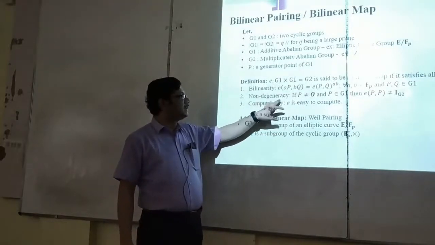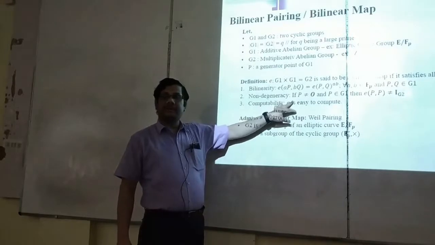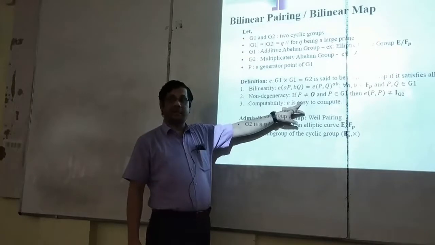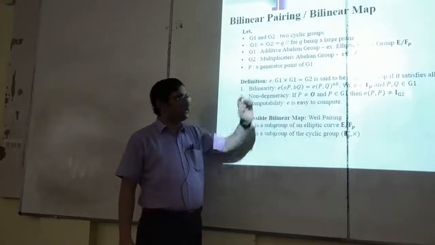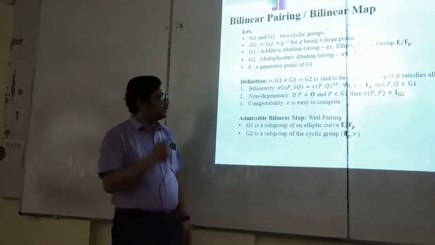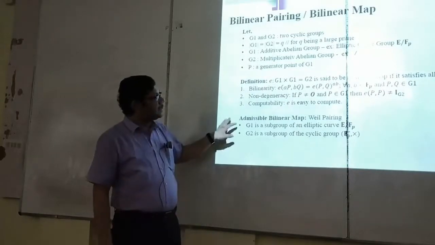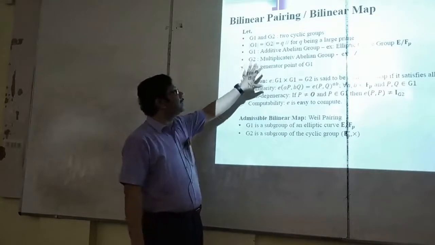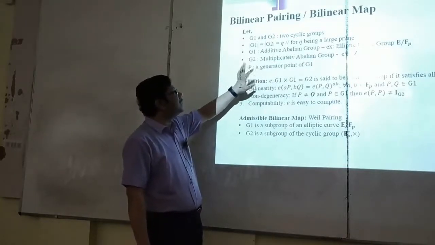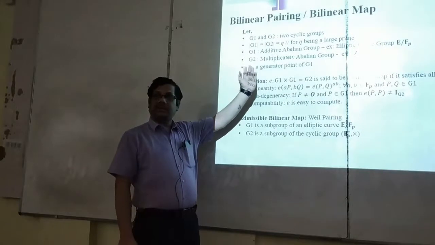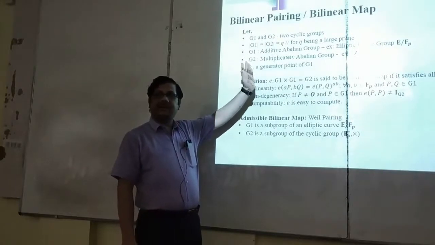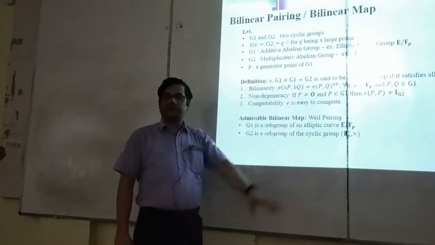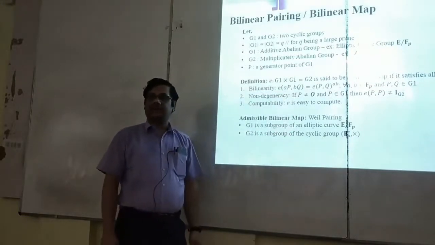The second property is a little bit complex to understand, which is called non-degeneracy. That means, in other words, it should be generative. Which should be generative? This function should be generative. Now, as we have explained, G1 and G2 are two cyclic groups, G1 an abelian additive group, G2 a multiplicative group. Both are of order Q, so the sizes of the two groups are the same, and that is Q. Q is also a prime number, and P is a generator of G1. So all the points of G1 can be generated from P.